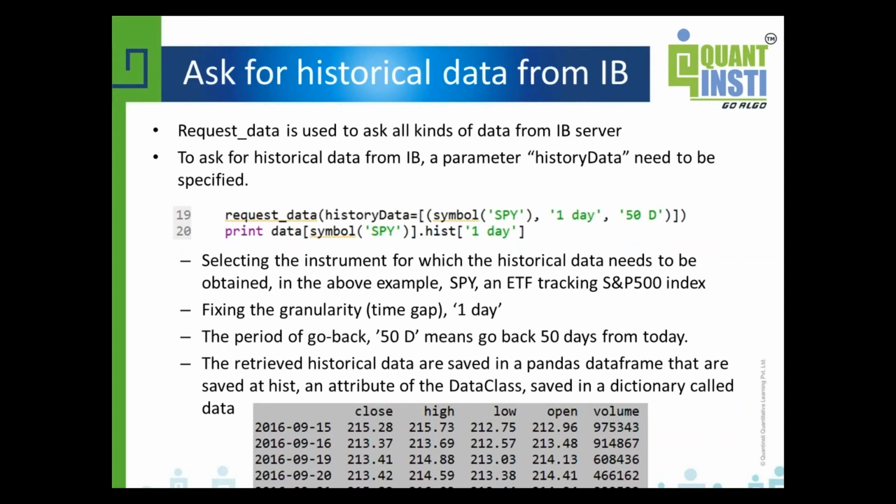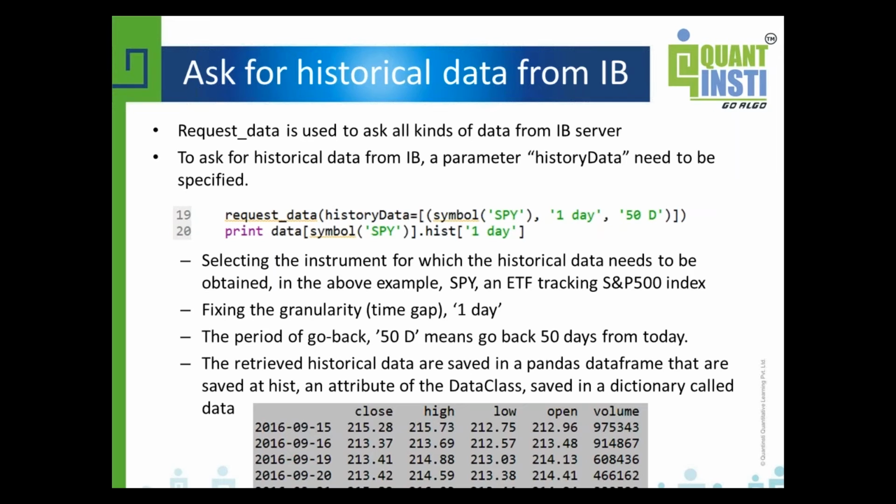The next part is asking for historical data from IB. Actually, IB has a lot of valuable historical data, but there's a limitation on how much historical data you can request. You can refer to the IB website to know the request limit.